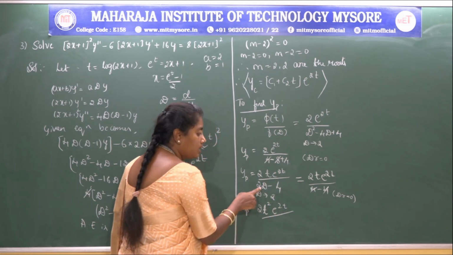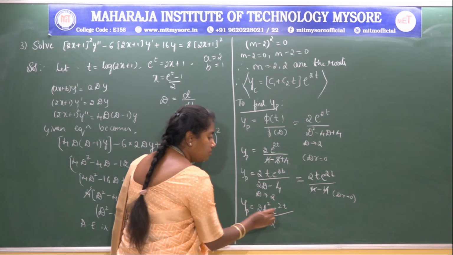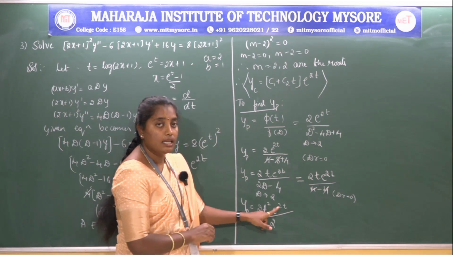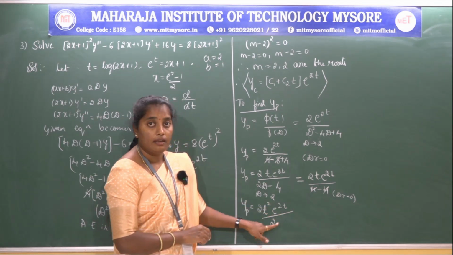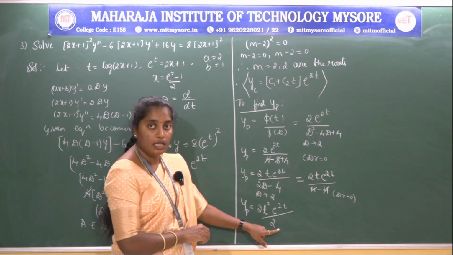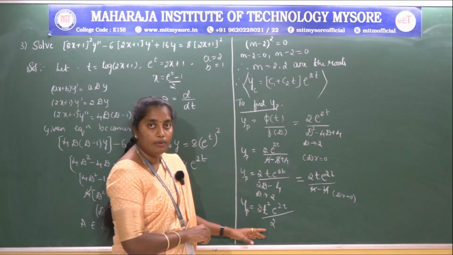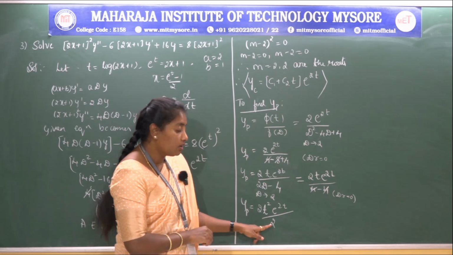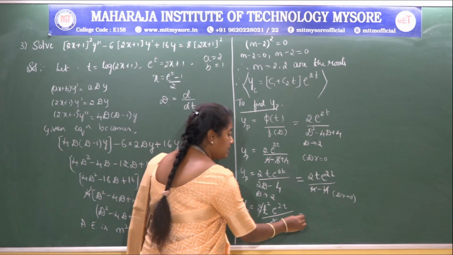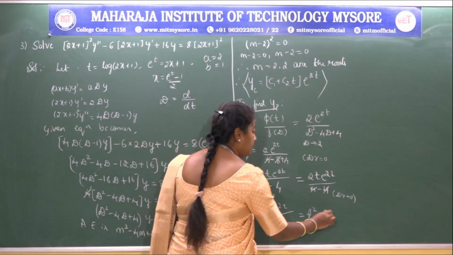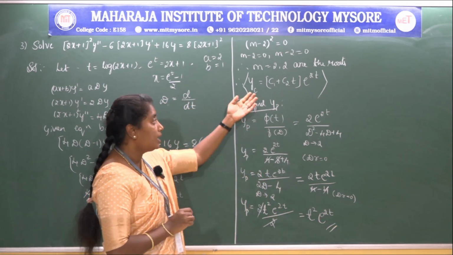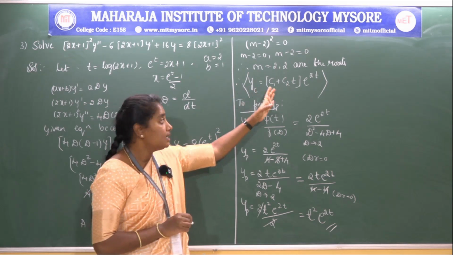On differentiating the denominator, the derivative of 2d is 2 and the differentiation of minus 4 is 0. So we get 2 times t square e power of 2t by 2. Here we are left with a non-zero denominator and the d term is eliminated after differentiating, so there is no need to substitute the value of d. We are left with a constant term 2, and that cancels 2 by 2. The resultant term is t square e power of 2t. So the particular integral value is t square e power of 2t and the complementary solution is c1 plus c2t into